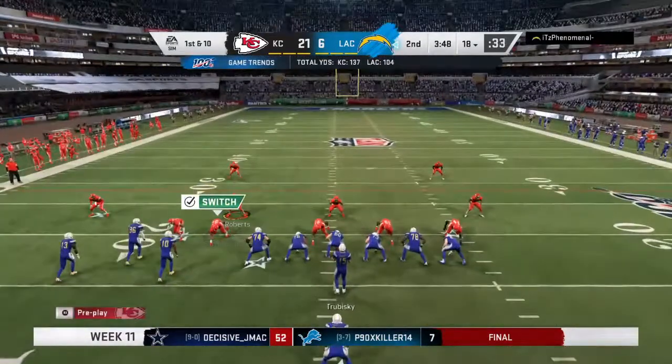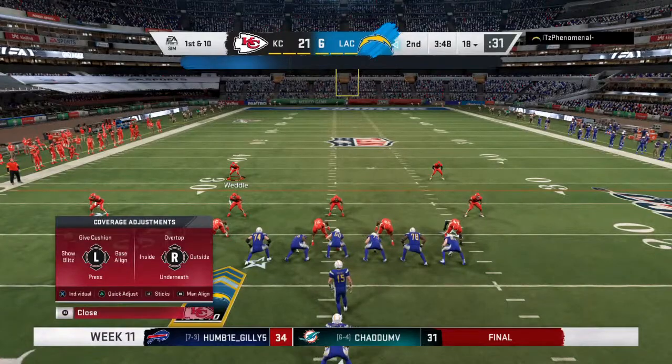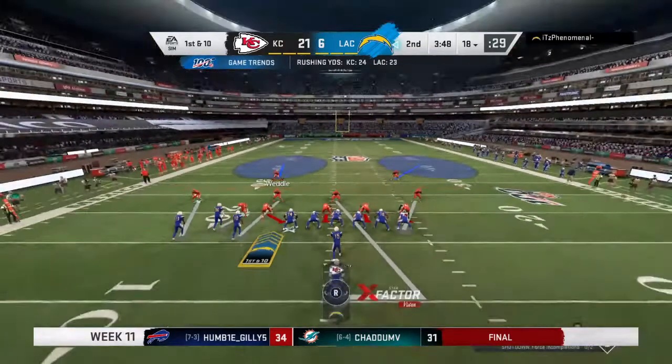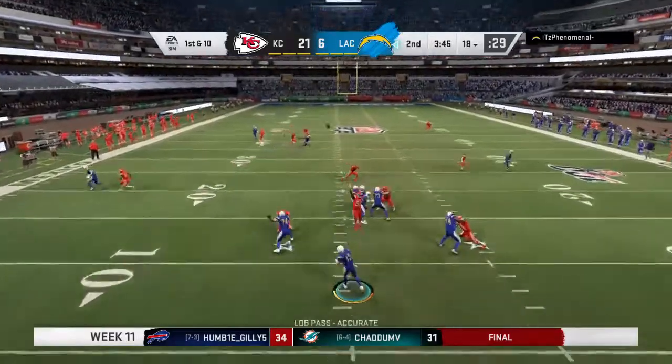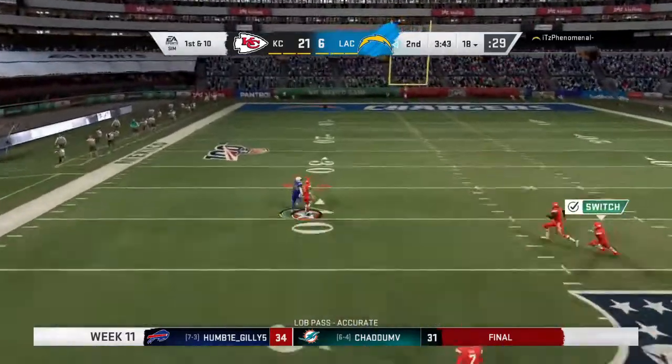The Charger drive about to get going. They've been settling quite a bit. They've been able to move the football some, but they've just been settling. That's one of the reasons they're down on the scoreboard. I love that word you picked, settling, because nowadays...